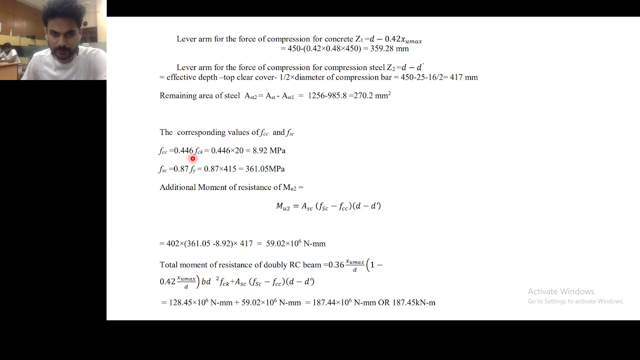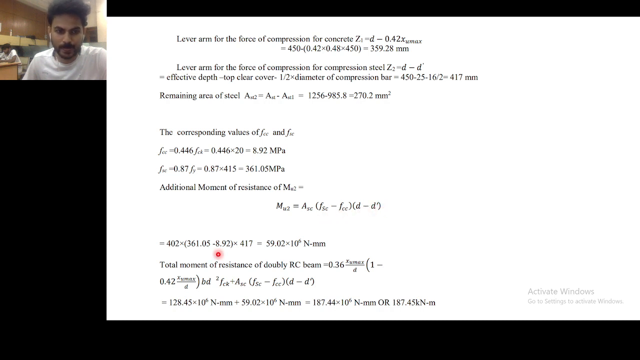FCC is like 0.44 into FCK, which I already told is around 9, which is very less, and we can neglect that. And FSC is like 0.87 FY, which is 361. So the additional moment of resistance Mu2 is like ASC into (FSC minus FCC) into (d minus d dash), that we